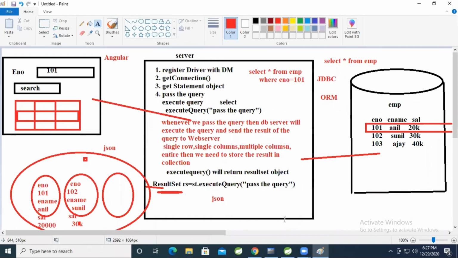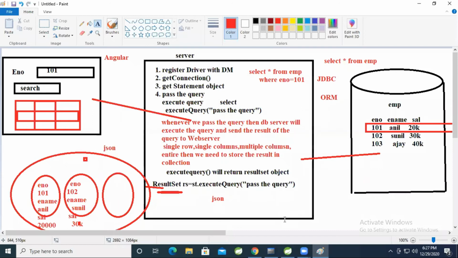Just common sense. Browser, server, database. The browser will speak with the server, and the server will speak with the database, whenever you want to perform insert, delete or update. The user will enter the values in the browser and these values will go to the server. Inside the server, by using JDBC, we'll send the values to what? Database.